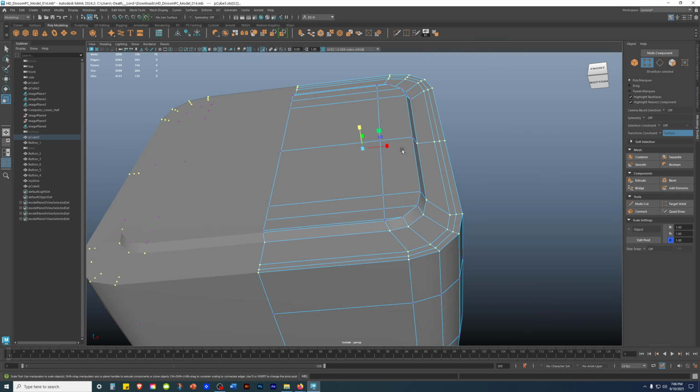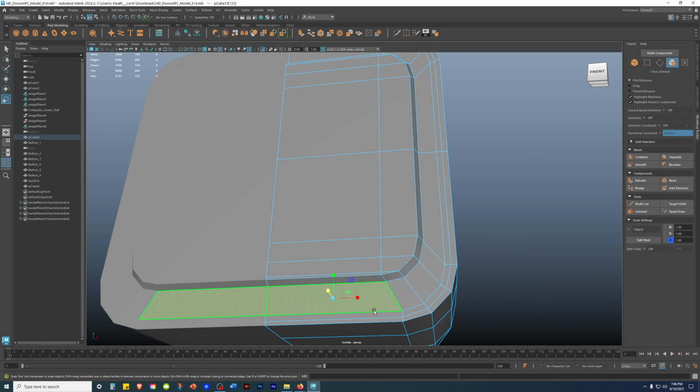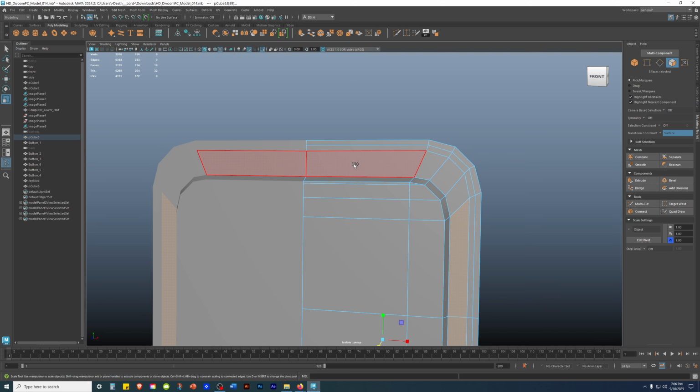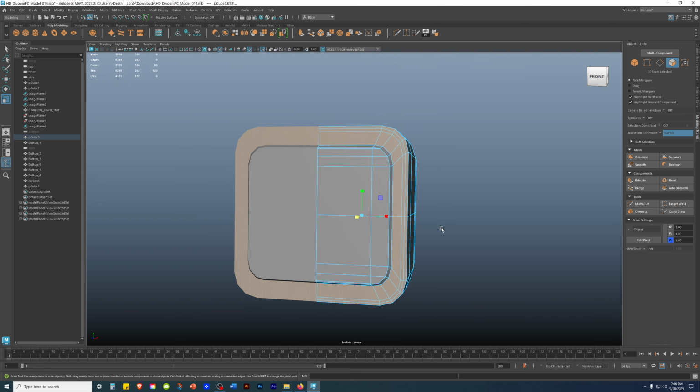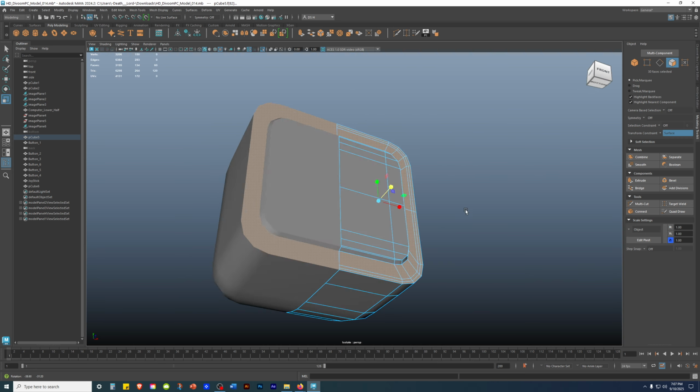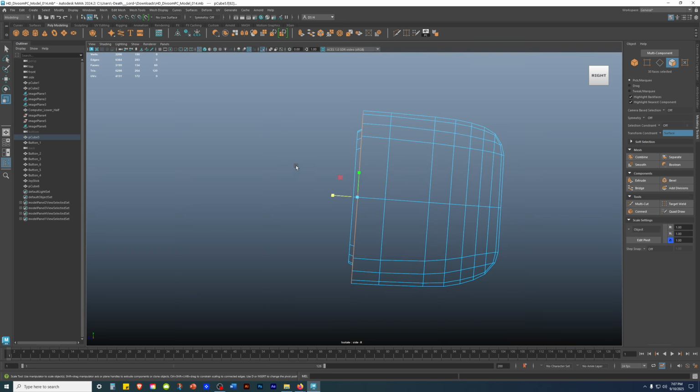Well, I'm just gonna go face mode. Double tap over here, holding Shift, double tap, holding Shift, tap, holding Shift, double tap, holding Shift, tap, holding Shift, double tap. Good. Now from here,